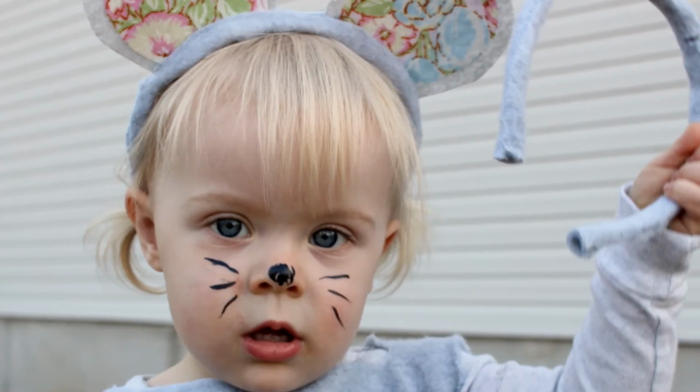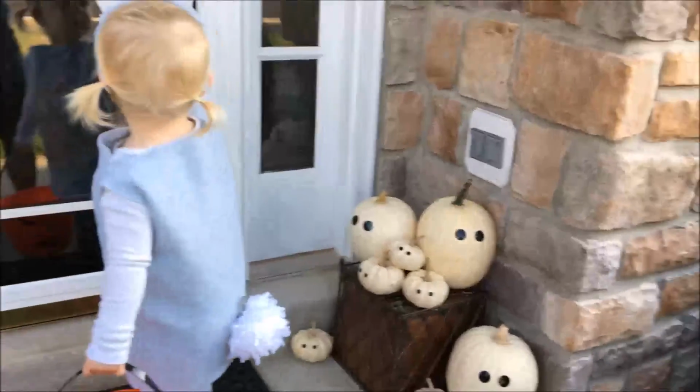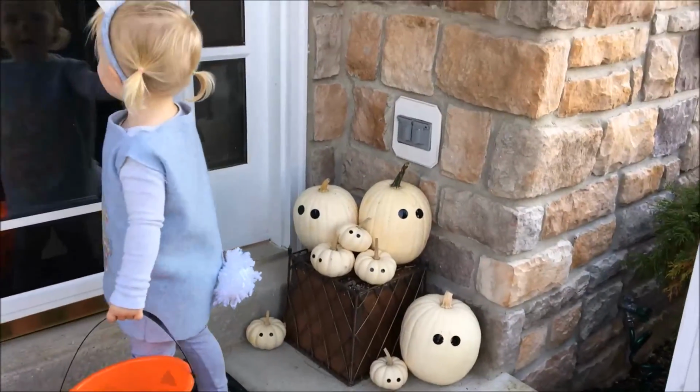And now we have 3 different animals my daughter can be: a cat, a mouse, or a bunny. I can't wait to play with these different clothes with my daughter. They're really adorable and I love the vintage touches. And if you didn't want to sew for this project, and mind you, there's very little sewing to begin with, but if you didn't want to sew, you could just grab a gray t-shirt and use that as your base